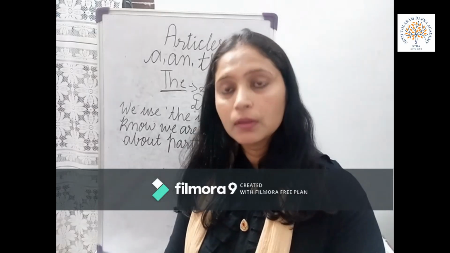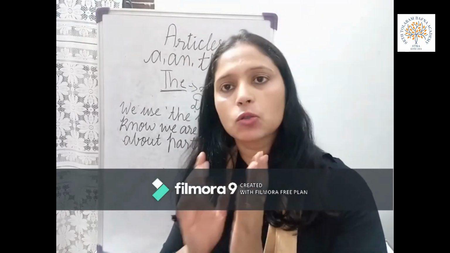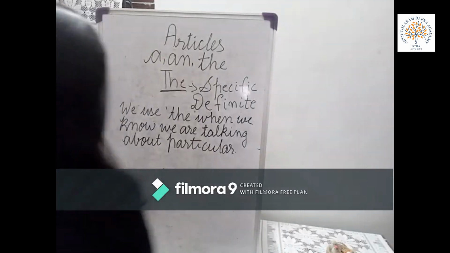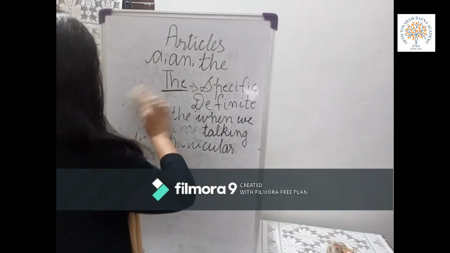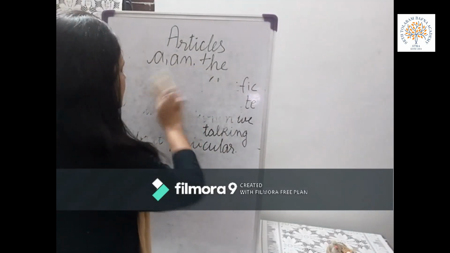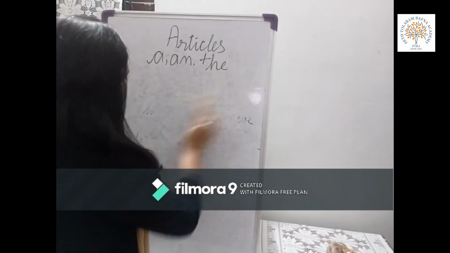Now tell me, how many suns are there in our universe? 2, 3, 4, 5? Yeah, I know. You all are thinking ma'am is kidding with us, and yes, I am kidding with you. There is only one sun in the universe. So what will we say, a sun, an sun, or the sun? Yeah, we will say the sun because the sun is only one. So we are going to use the sun. What will we say? The sun.